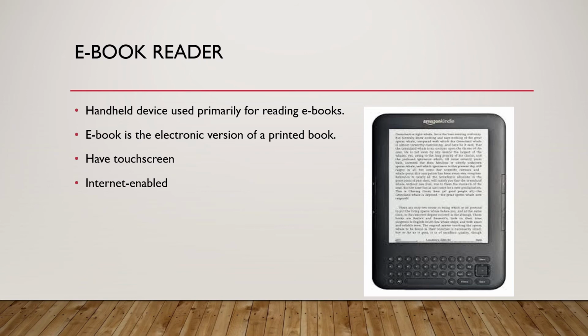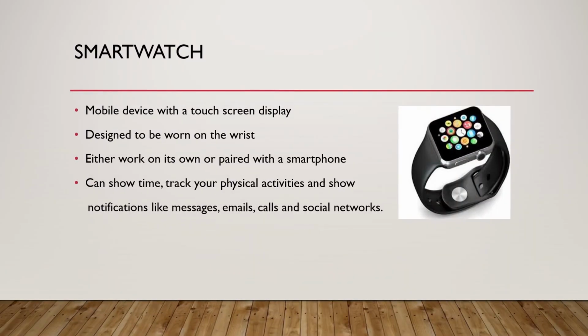Okay, an ebook is an electronic version of a printed book. The same printed book will be of electronic version, and it has a touch screen, and internet will be there, obviously. Only then you can download the ebook or read it online. And it has a touch screen means what? Here you don't have any keyboard or mouse. You can use it as a touch screen with your fingers or with a digital pen. So this will be your ebook.